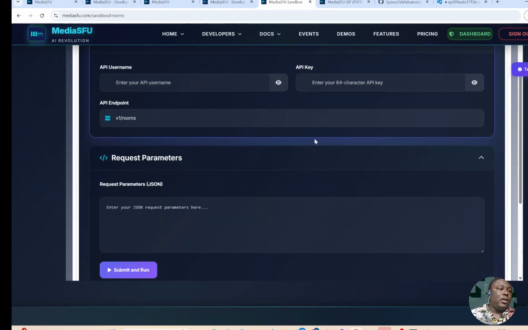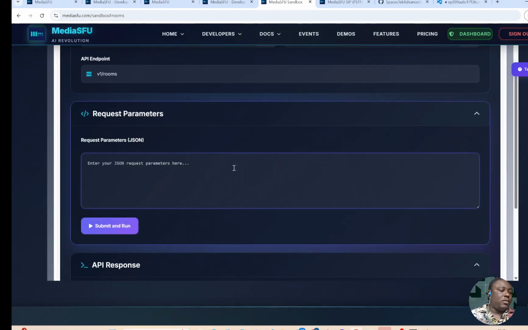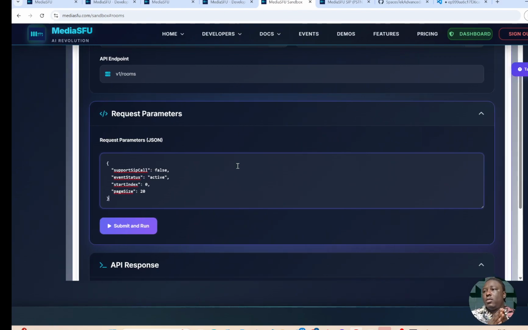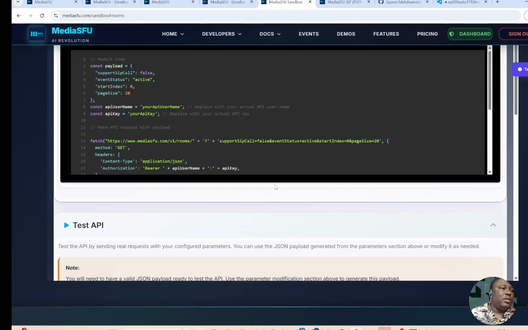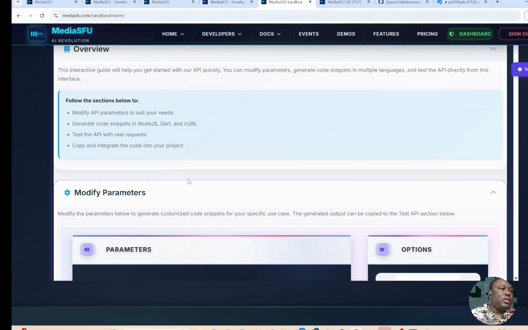And all you need to do is to paste the payload you've copied from that site and then submit and run. So that's just a quick view of how to use MediaSFU Sandbox. So let's just try this for a room creation and see how this goes. So I'm going to change this from